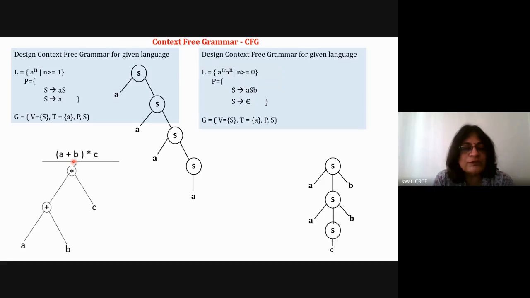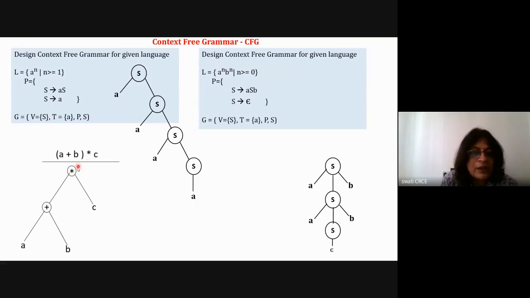The syntax analysis stage of the compiler checks whether the syntax of the statement is correct or not. And if it is not a correct syntax, it gives you the syntax error. At the same time, the syntax analyzer creates a parse tree like this. Like for this particular, our language is a very simple language, A raised to n, B raised to n. But your C language is a very big language, so there are many parse trees. But for the particular statement, the syntax analyzer will create the parse tree like this, where it is saying that